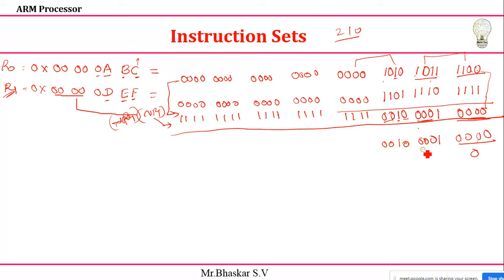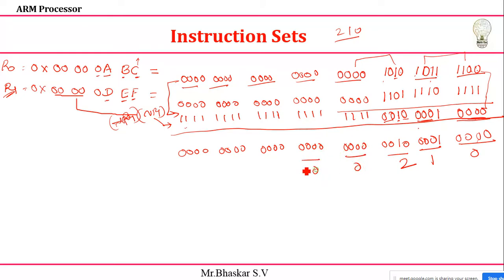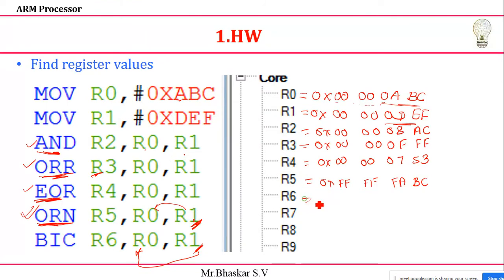Directly you can write. This is 1, this is 2, and the remaining you can check out. See this byte, this one, this one, this one, this one, everything is 0. 0 with 1, I'll get zeros only. So directly I can write the values. It is 4 0, 4 0, and here also 4 0, and here also 4 0. So if you read, this is 0, this is 0, this is 0, this is 0, and this is also 0. Now what is the value of this one? You can check it out. I'll get the value 0x 00 00 02 10. This is my R6 register.